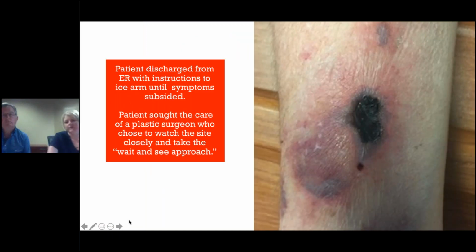You can see here where the IV was in the patient's arm. The patient was discharged from the ER with instructions to ice the arm until symptoms subsided. The patient sought care of a plastic surgeon who chose to watch the site closely and take a wait and see approach. When we drilled down on this case for this patient, the first thing that jumped out at us